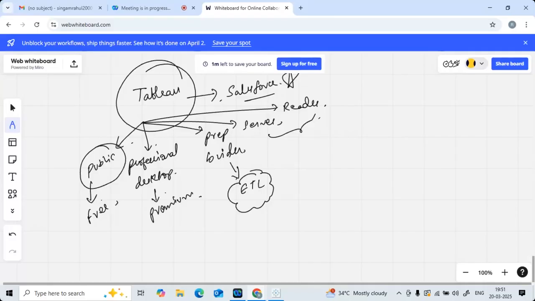Now let's go with the application called Tableau Public. For the professional desktop edition also, basically I'm telling you it is a premium part. We need to pay something for it. But for the professional desktop edition, basically we have something called a 14-day free trial period. For 14 days, you can use it free. Okay.